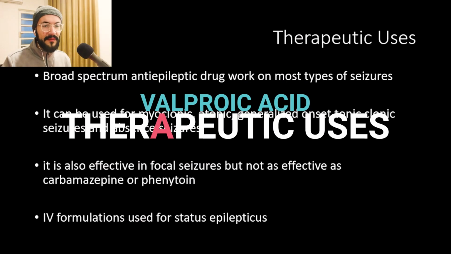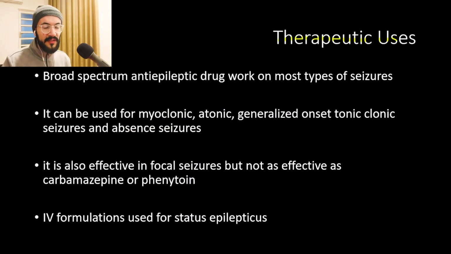Now let's talk about the therapeutic uses of valproate. We mentioned that it has a broad spectrum of anti-epileptic activity and it works on most types of seizures. So it can be used for myoclonic, atonic, and generalized onset tonic-clonic seizures. And it can also be used for absence seizures because of its ability to modulate the T-type calcium channels. Now, it is also effective